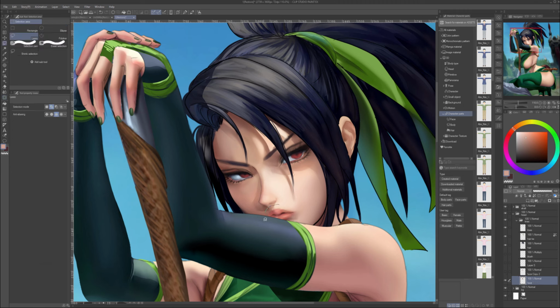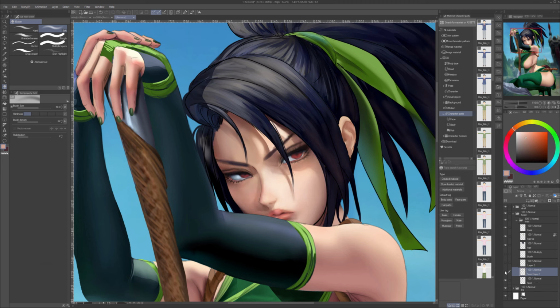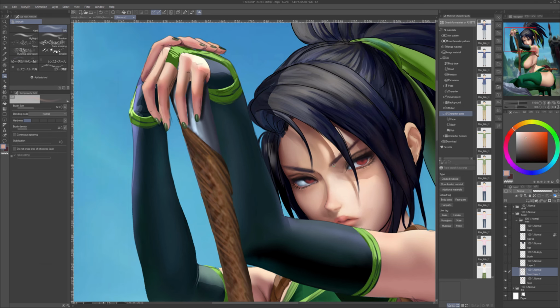I still kind of like the lips before, so I'll just copy the before lips, put it on the after lips, lower the opacity. Actually, should I even lower it? I'm trying to figure out what combination I like best. I guess I'll go with this. After that,